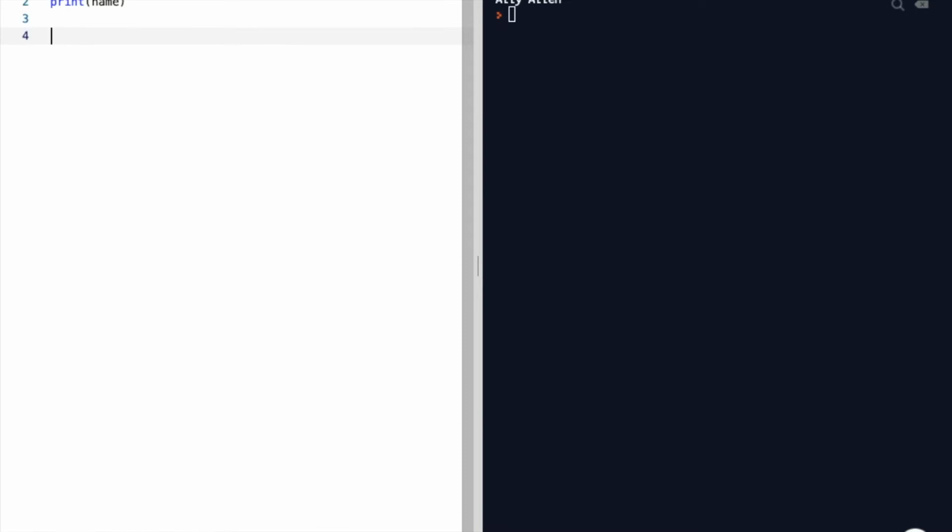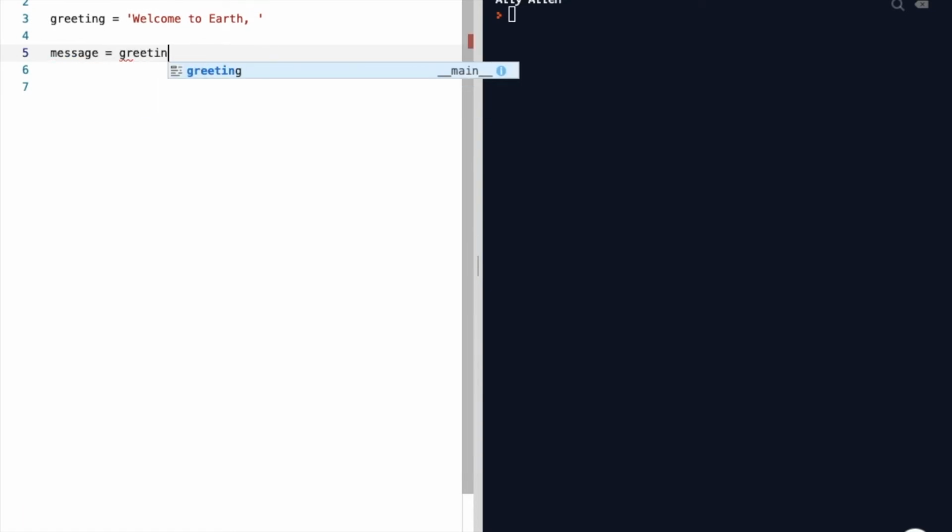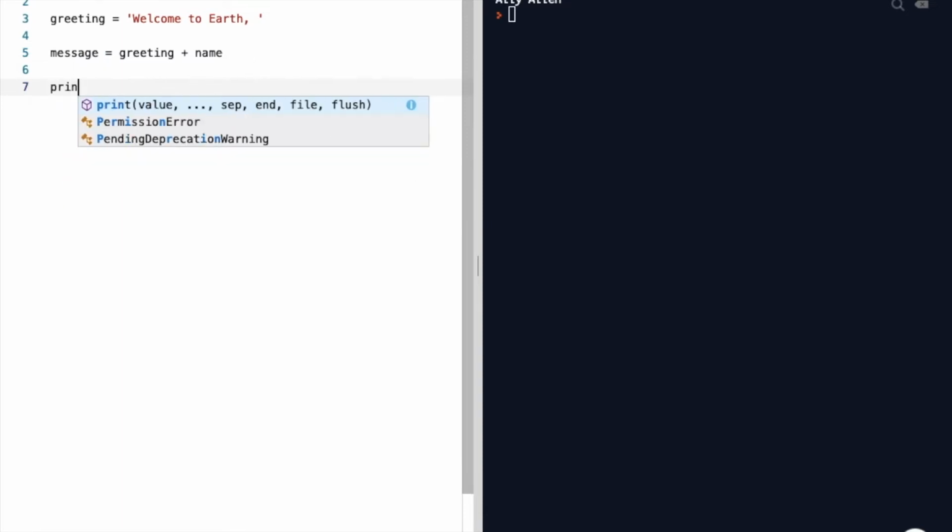We can also combine strings. We can make another variable here called greeting, and we can make our greeting called welcome to Earth. We can make another variable called message, which will combine our greeting plus our name, or two variables, name and greeting, which we're going to combine, and it's going to create a new variable called message. Well, if we print our variable called message,